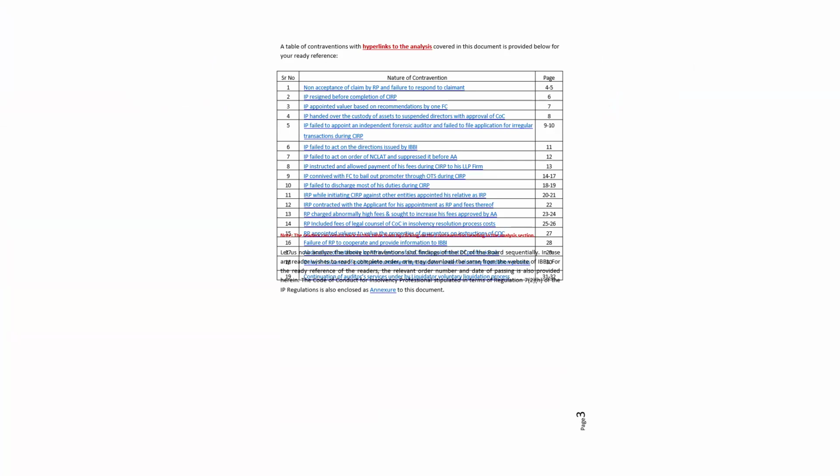A table of links, इसमें क्या है, एक मिनट, ये